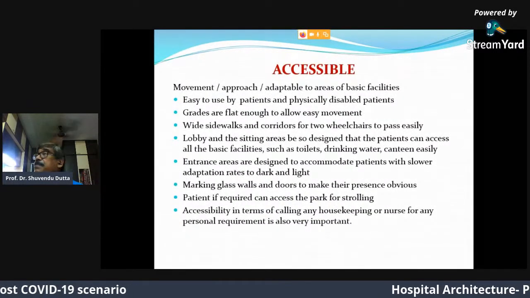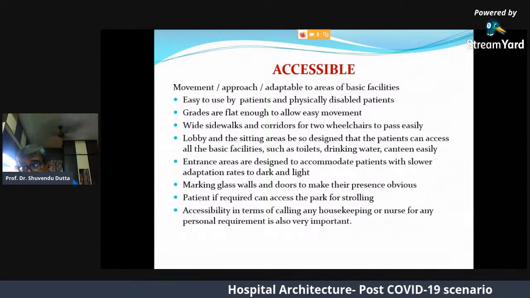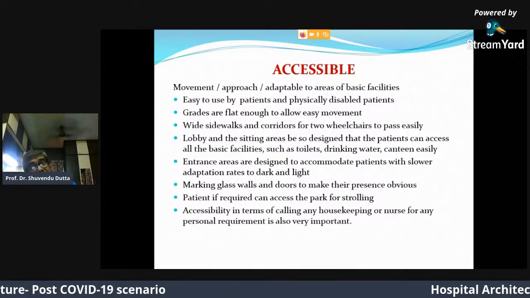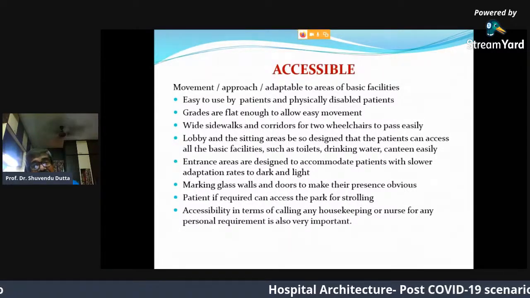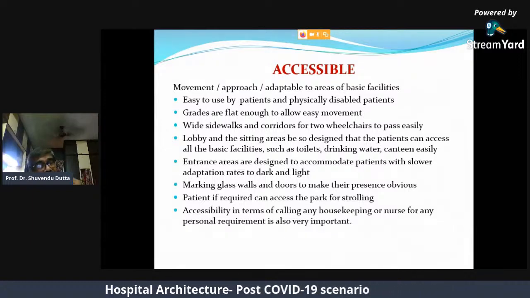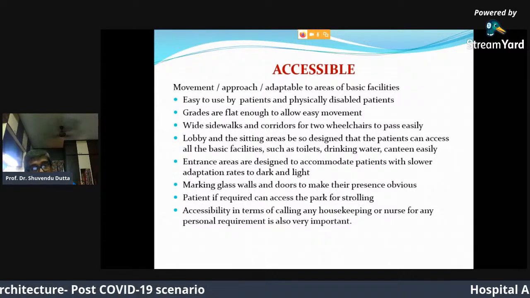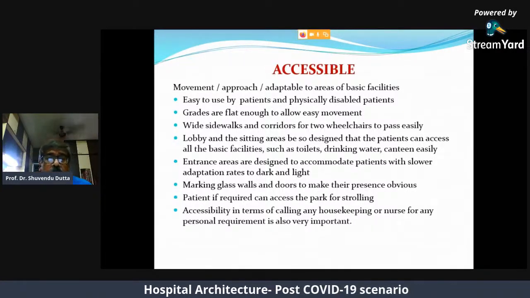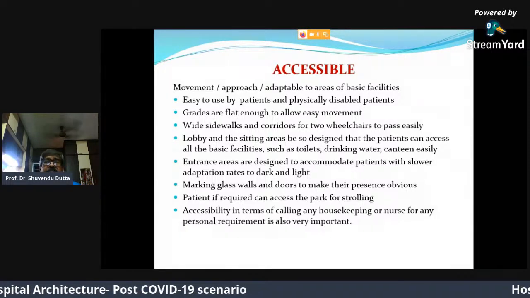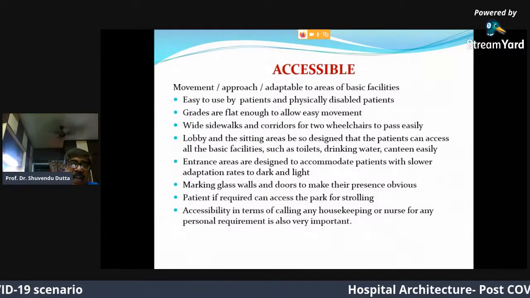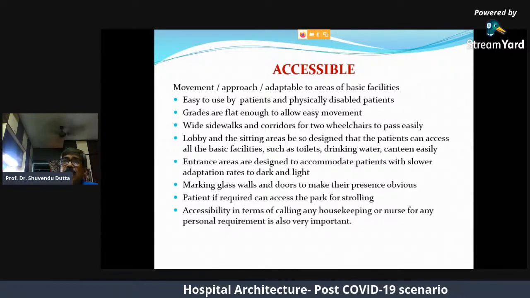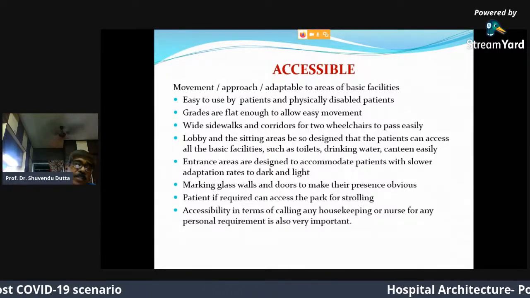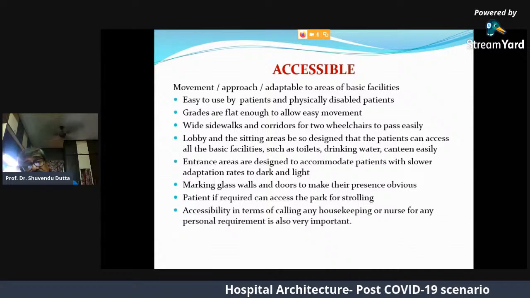Now comes the accessibility part. This is not the accessibility we learned about in primary healthcare; I'm not talking about that. Within the hospital, the patient should have accessibility. Patients should be able to access whatever they wish. They can move, they can approach, and they can adapt to areas of basic facilities. What I'm trying to point out is they can easily use the areas. They can easily go to the nursing station, they can call the nursing station, and suppose in the lobby the patient has been waiting for their call, they can